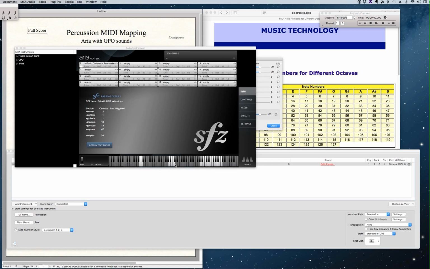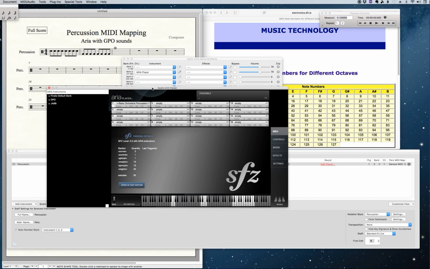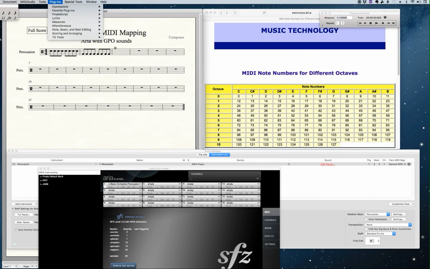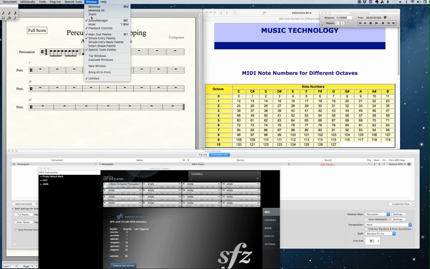That middle C, which is here, if I click on that, then I get a snare drum sound. Let's say that's the sound that I want instead of snares off. So I'm going to come back over here again, and actually I can close this, and I want to open up that score manager,